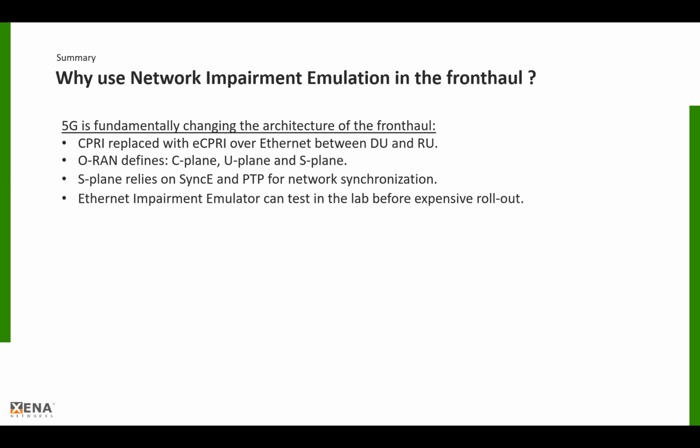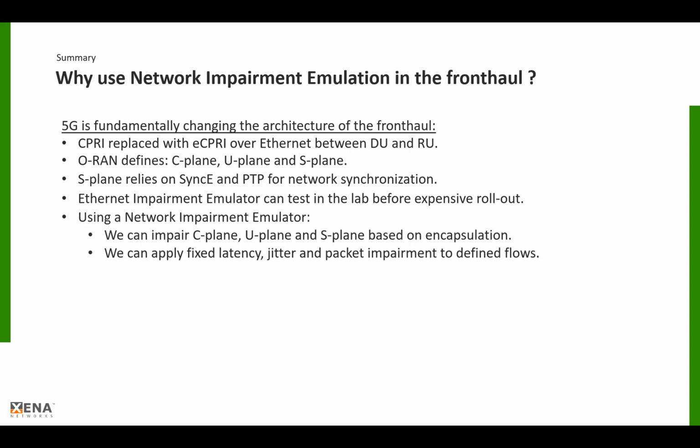As an alternative to testing your networking components or applications in a real fronthaul environment, which can be very expensive, cumbersome, and difficult to control, I've talked about introducing an Ethernet impairment emulator to emulate the impairments like latency, jitter, and packet drops that will occur in real-world networks. Using the C-plane and the U-plane data over eCPRI as an example, I've talked about how you can define the exact data flows that you want to impair and subsequently which impairments you can apply to these flows,